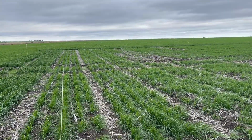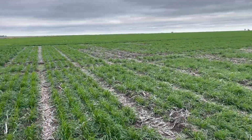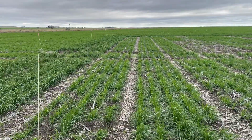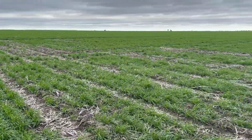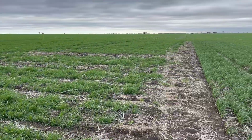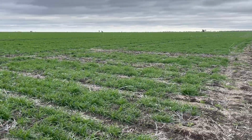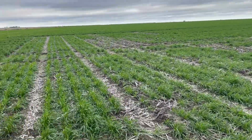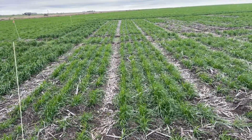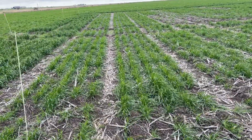Hello everyone. Today I am here in Bellata. I've got these two trials here on Phalaris management. This first trial is on different pre-emergence herbicides, and the second trial is on crop competition integrated with different herbicides. Here it's 2nd July, so almost about 8 weeks after planting or spraying pre-emergence